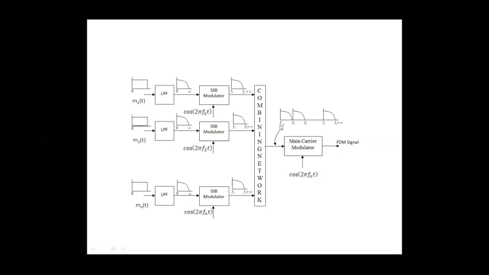If you take the difference between subcarrier frequencies more than W hertz, what will happen then? Then there will be more gap between the subsequent bands. Nothing wrong will happen. Anyway, so here if you take the subcarriers F1, F2 and Fn so that the difference between them is around W hertz,